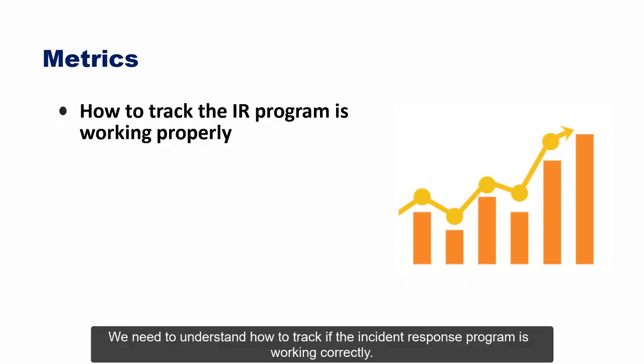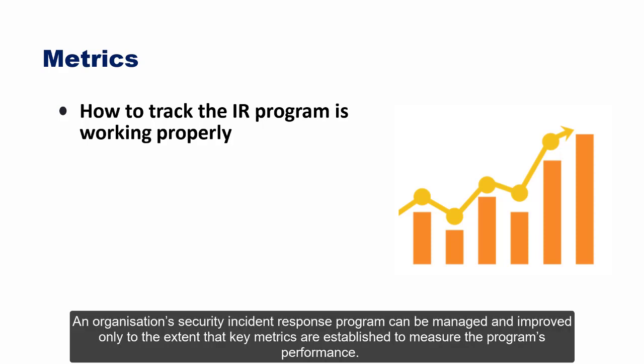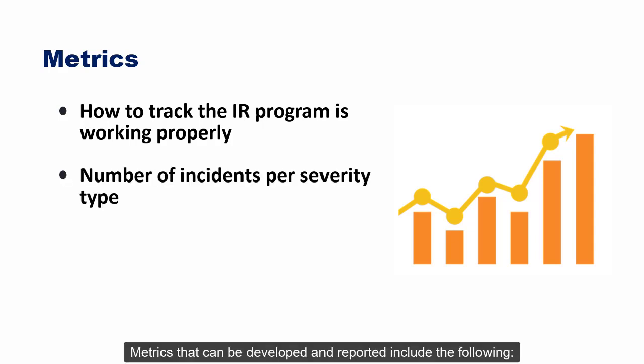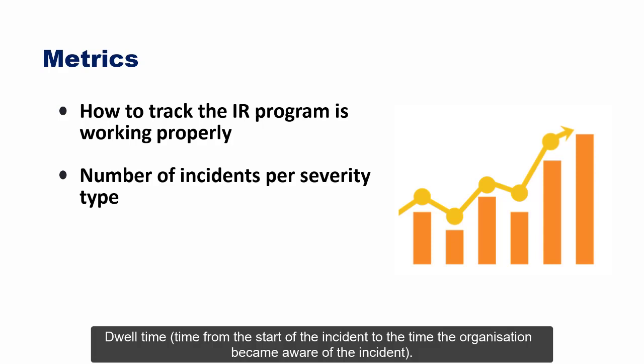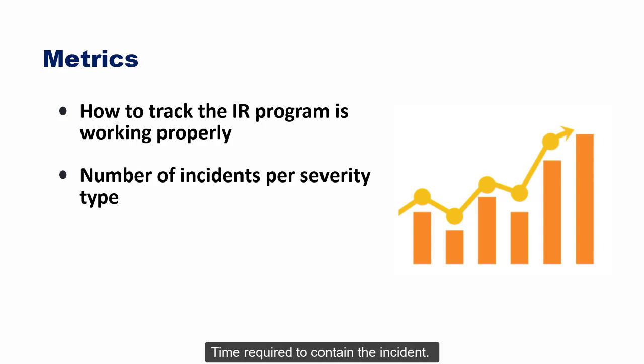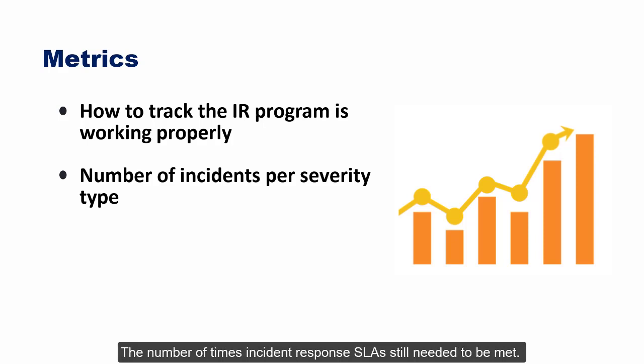We need to understand how to track if the incident response program is working correctly. An organization's security incident response program can be managed and improved only to the extent that key metrics are established to measure the program's performance. Metrics that can be developed and reported include the following: the incidence of each incident severity and type, dwell time, time from the start of the incident to the time the organization became aware of the incident, time required to contain the incident, time required to resolve and close each incident, the number of times incident response SLAs still needed